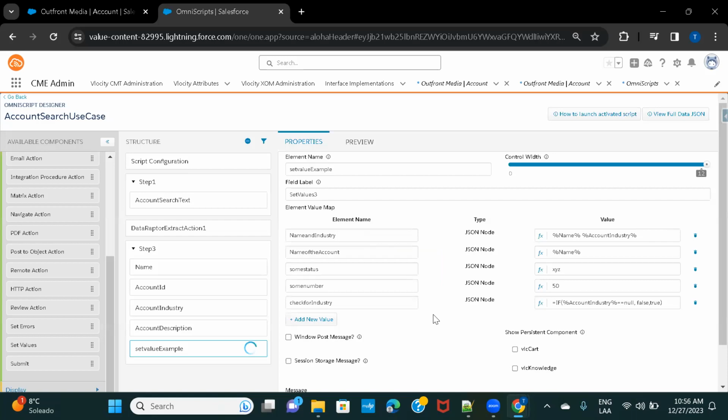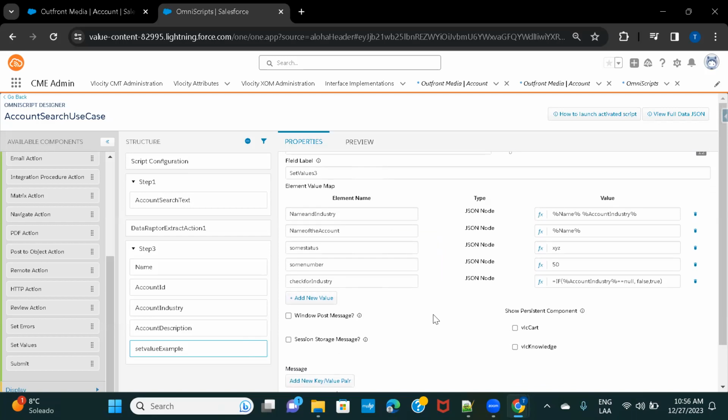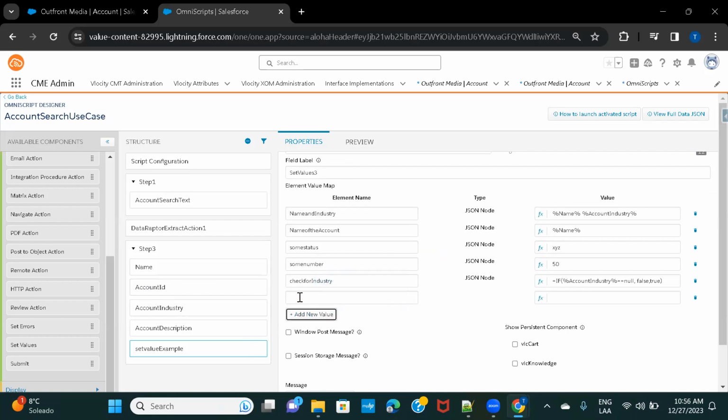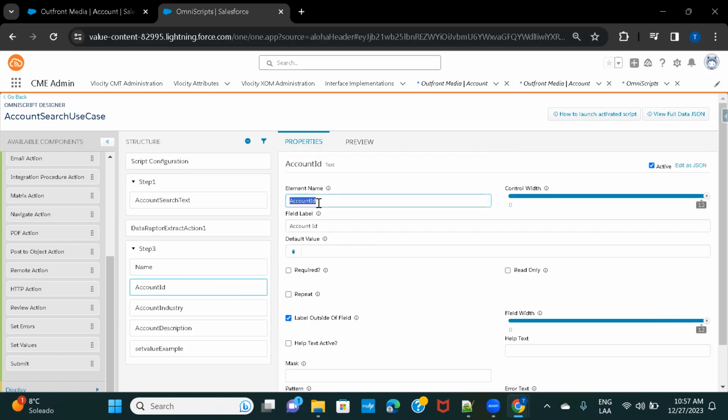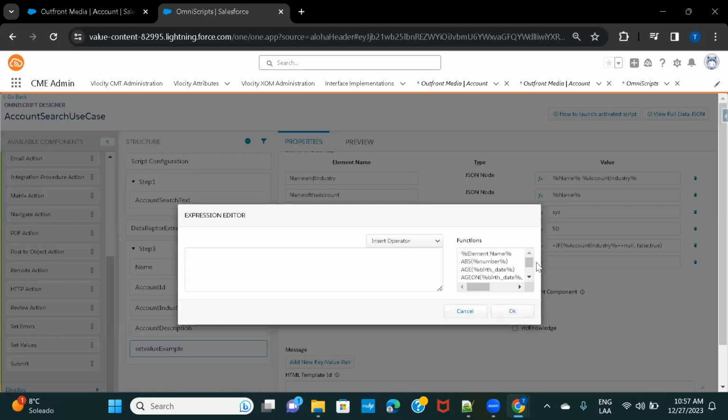So this is one. And apart from this, we can do a few more things. So for example, let's say I want to use another string, right? So we have something for account ID, and the Lightning record IDs are generally 15 or 18 digits, right? So let's say I want to only take out a substring from this particular account ID field. So let's say I want to display the first three digits of the ID. Okay, so let's give it something like first three of account ID, and also let's take the element name, because we would be needing it. So element name, let's go back here. Let's go to the function and we can search for substring. So here we have substring, and here we need to provide the, so from account ID, right? And what should be the starting index? So from 0, right? So I want to start from 0 and I want to,